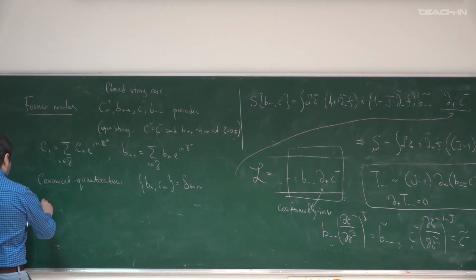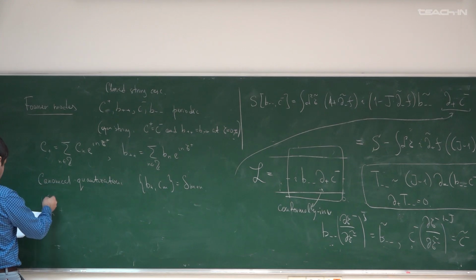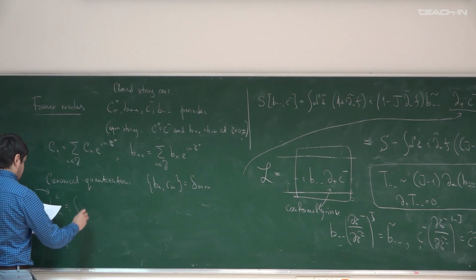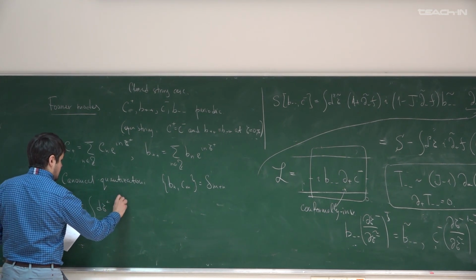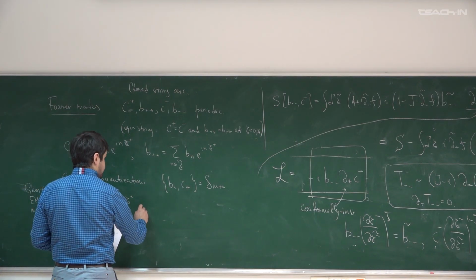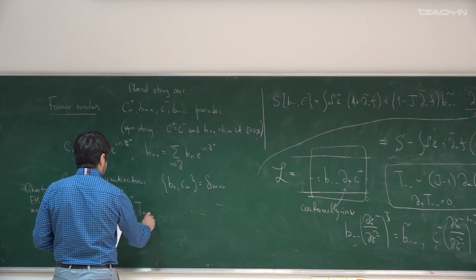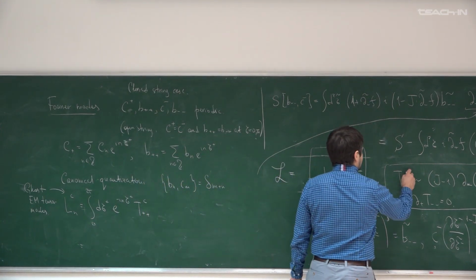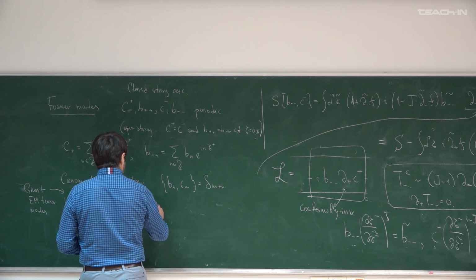So we'll define Ln C, C meaning it's a ghost, as the integral from 0 to 2 pi of T plus plus C. So C is the ghost energy momentum tensor, and this gives